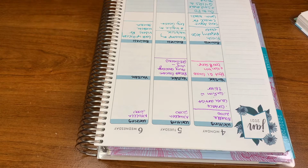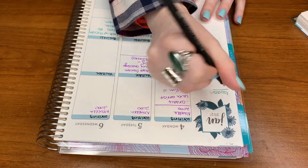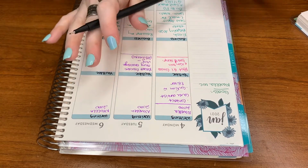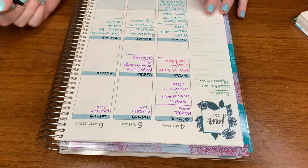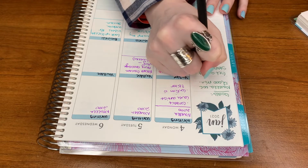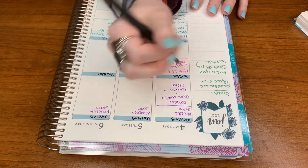Some of the goals that I have for this week are to definitely write in my novella. For the novella that I am writing right now, word count, I want 12,000 words minimum. And I really, really want to get a good start on my website. So those are the two main goals